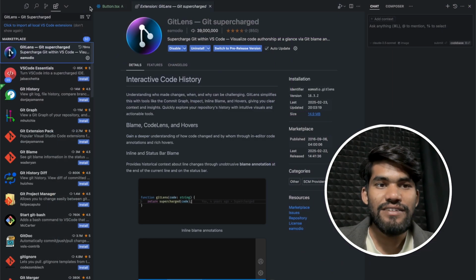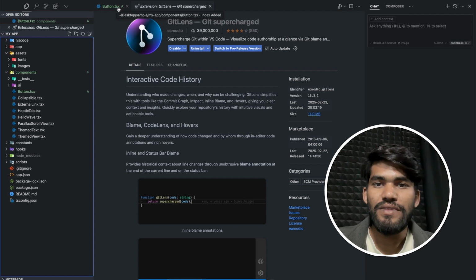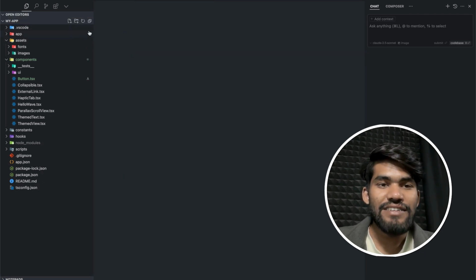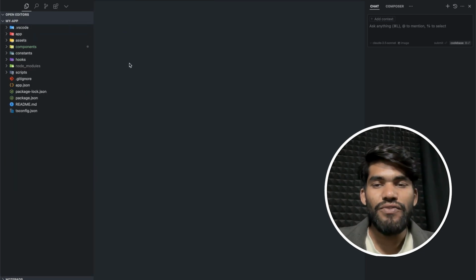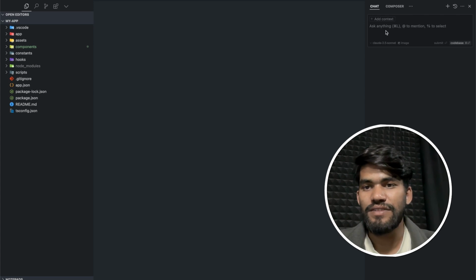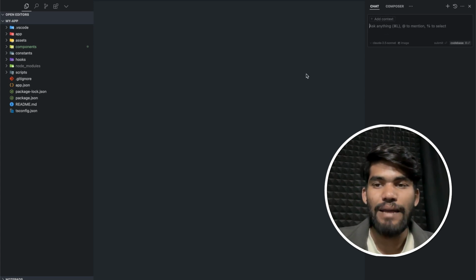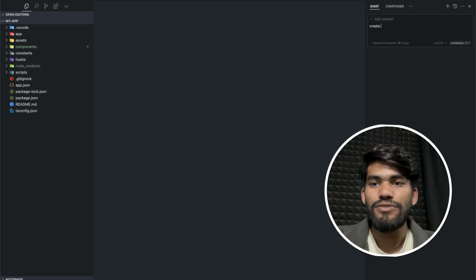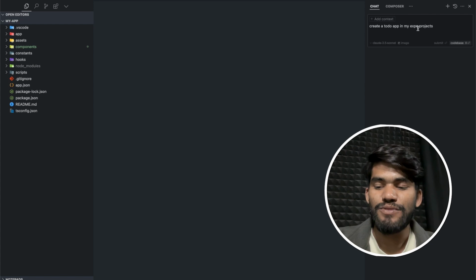So you can see that this is the Cursor IDE, which is really great, just a clone of VS Code but with some AI features. What you have to do is just type Command L, and you can write any command, something like "create a to-do app in my Expo project." This is the Expo project which I had created. If I hit enter on this,